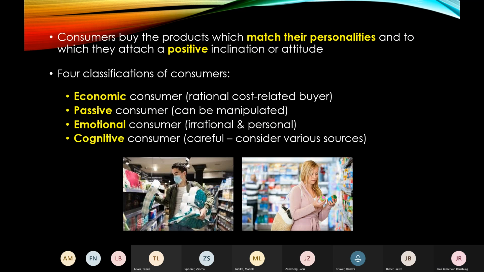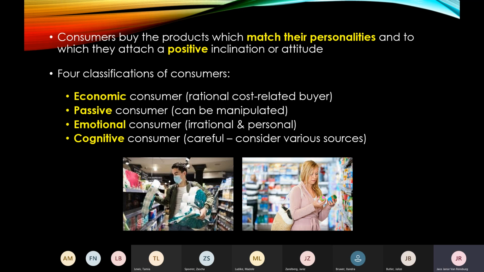other options as well. A consumer will buy a product which matches their personality, without a doubt. But the four classifications of consumers is that we have consumers who take an economical approach. They would always look at the price, and that probably remains the most important attribute for them to consider. They want to make sure that if they have X amount to spend, that it's going to be the most economical decision to satisfy a variety of needs and not just a particular need. So they are always going to